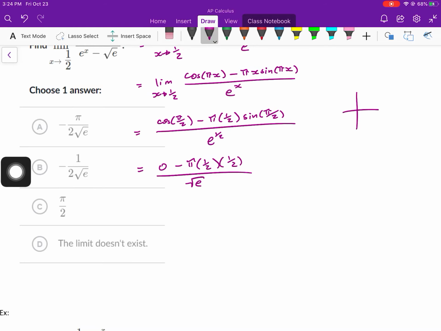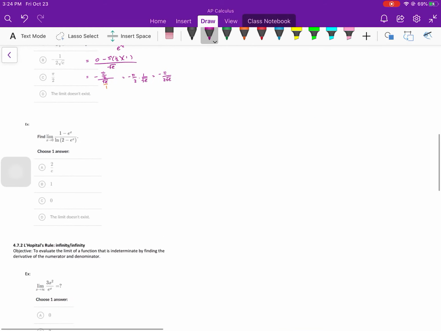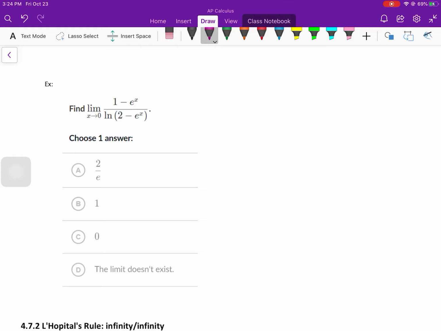Sine of pi over 2. I'm making all kinds of mistakes right now. Is 1, right? Cosine is 0, so this is 1. That makes more sense. So we end up with negative pi over 2 over the square root of e, which is over 1. So you flip and multiply, and you'll see your answer is this one, not this one. Pi's on top. Maybe I should do that multiplication, right? And now you can see it's negative pi over 2 square root of e. Here's another one. I'll leave a detailed